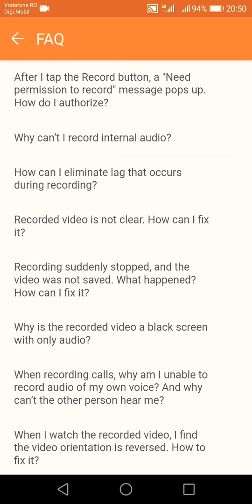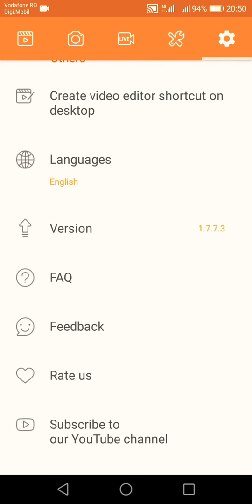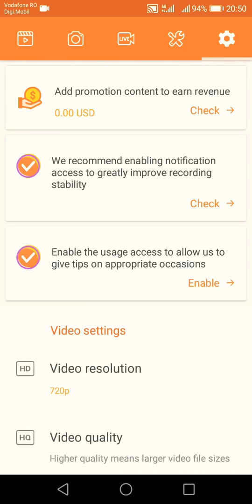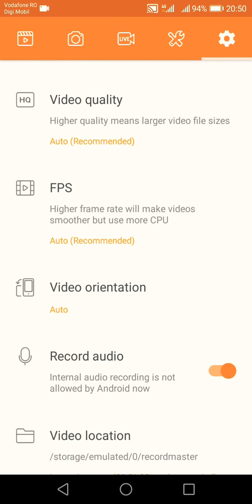But if you enable DU Recorder to have notification access to greatly improve recording stability, it will probably improve the stability of the recording of your phone screen. But as I said, if you go to that setting,